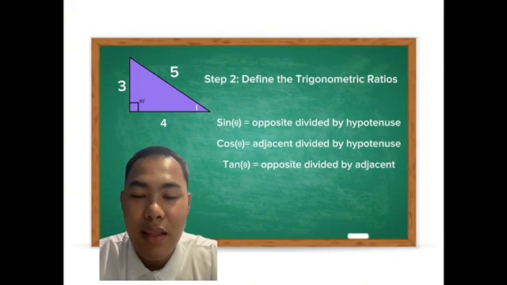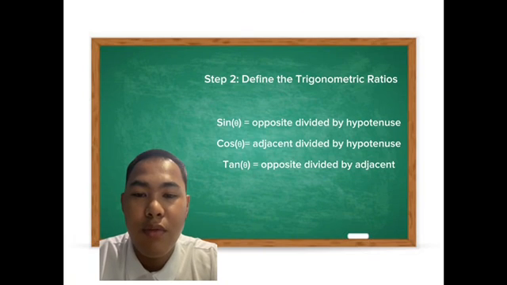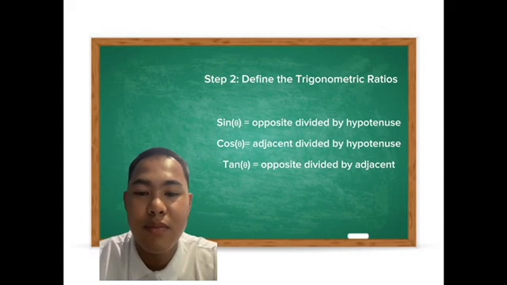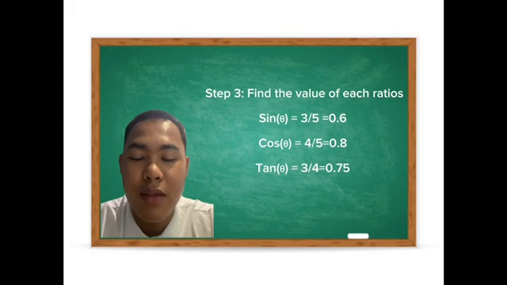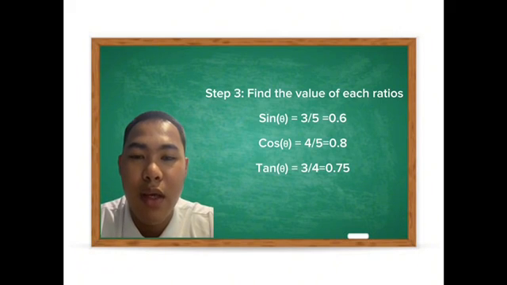First, sine theta, opposite divided by hypotenuse. Second, cosine theta, adjacent divided by hypotenuse. Third, tangent theta, opposite divided by adjacent. Now, let's proceed to step 3. Step 3. Find the value of each ratio. Sine theta, 3 divided by 5 is equal to 0.6. Cosine theta, 4 divided by 5 equals 0.8. Tangent theta, 3 divided by 4